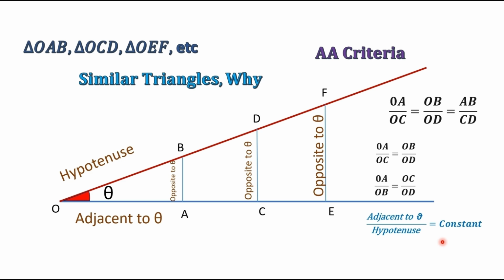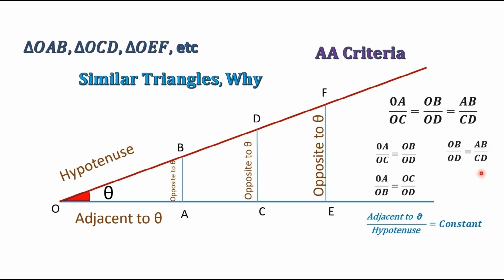If your theta is fixed, if you are not changing theta, then for different triangles with the same angle theta and a 90 degree right angle, the ratio comes out as one constant number, okay? Clear? Similarly, if you take these last two terms, OB by OD equal to AB by CD,